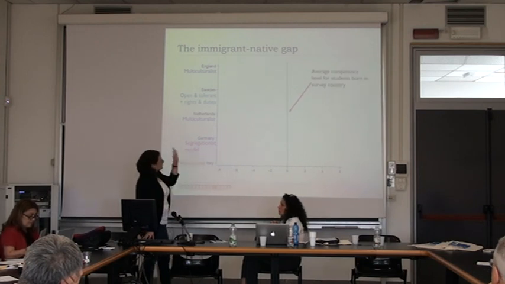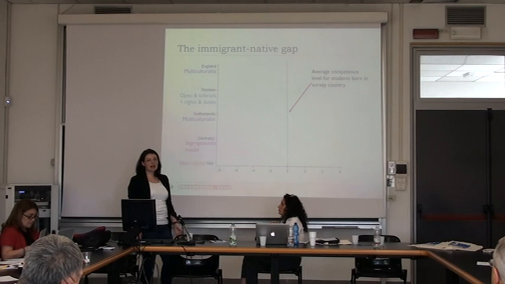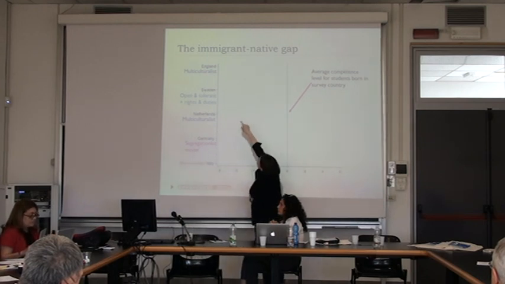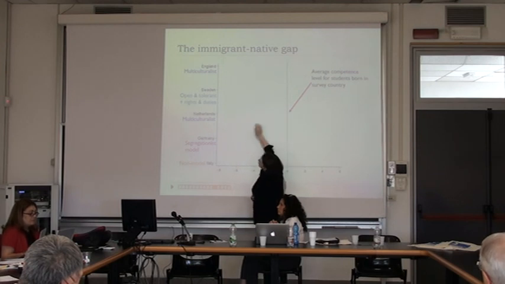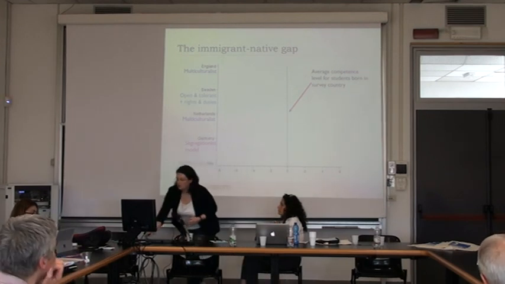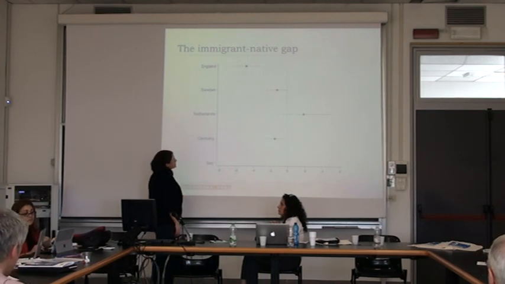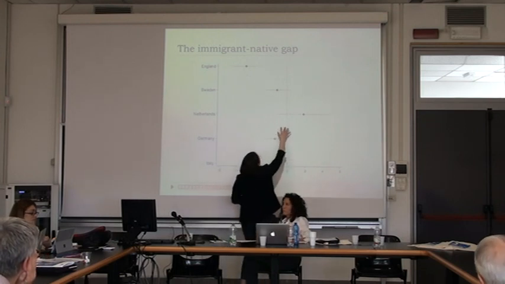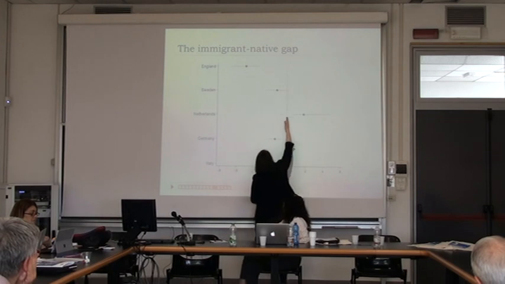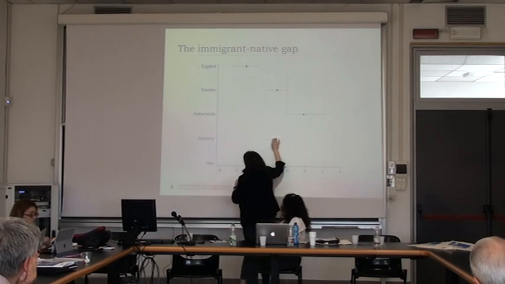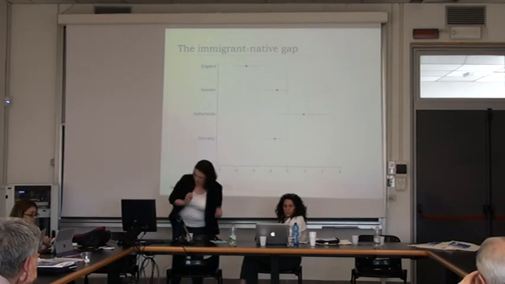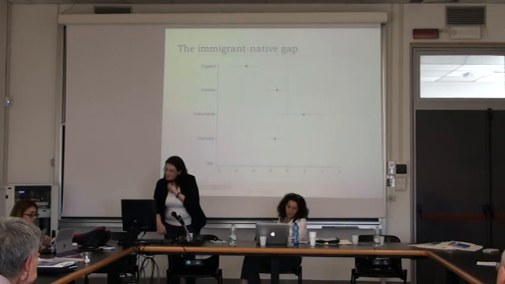So what you see here in this line is basically the average competence level for persons that are not migrants. So these are students that are born in England, students that are born in Sweden, the Netherlands, Germany, and Italy. And what we see here is the difference for people that instead are born somewhere else, on average. So you can see here the gap between the native average and the average of immigrants. Oh well, yeah, you see there are differences between countries that might be really interesting, but